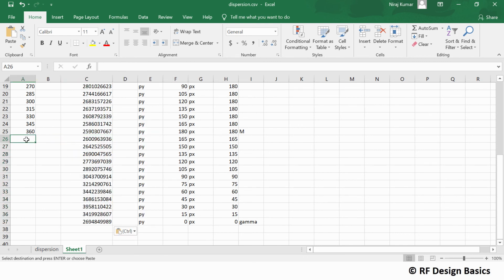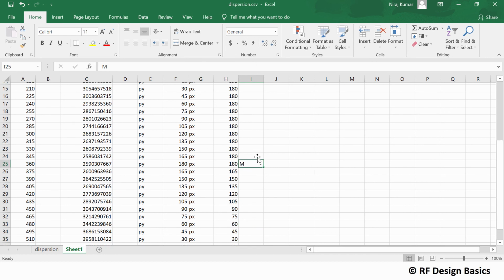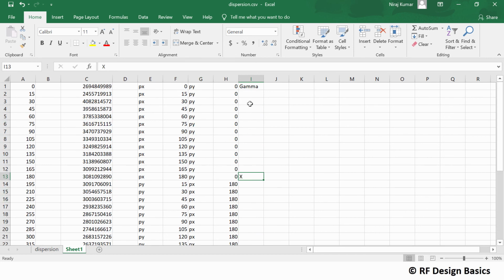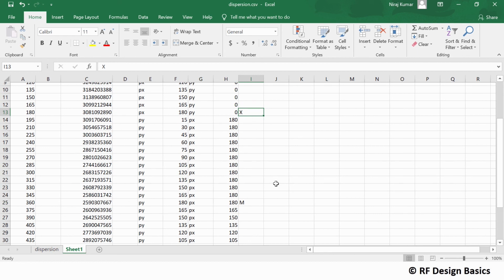And on this side you can put the angle, in the same fashion, keep on increasing up to this last one. So this has become 540. That point is called gamma. M is the 360 point, X is the 180 point, and gamma is the 0 point.